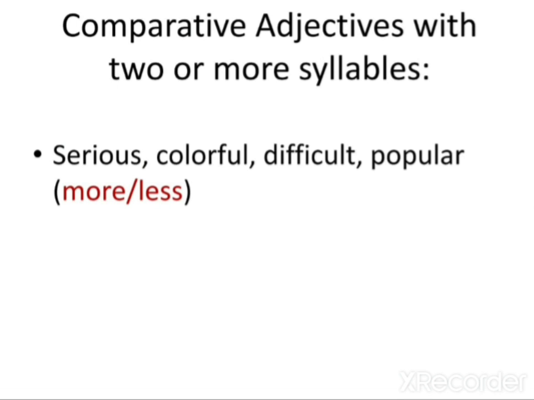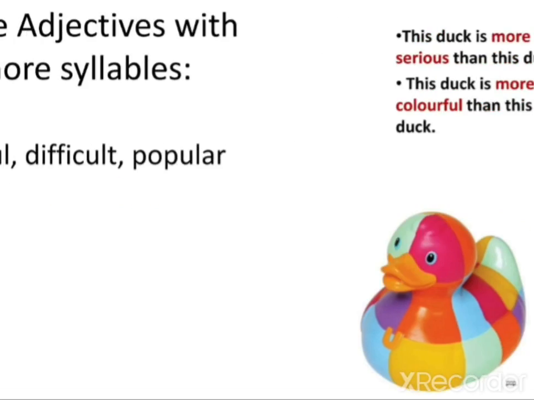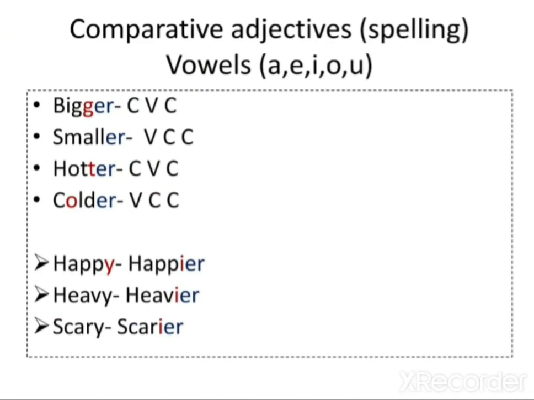So now let's look at spelling, because spelling is also important when it comes to comparative adjectives. Here it gets a little bit tricky. So imagine I am comparing these two elephants. This elephant is bigger than this elephant. So even though we pronounce it bigger, when we spell it, we use a bit of a different rule.